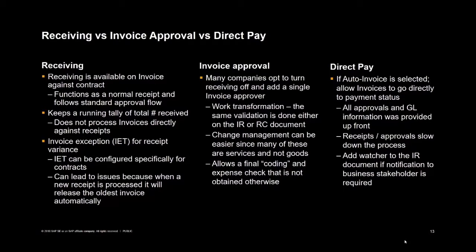It keeps a tally running effectively where it's going to say you've received 100, you've been invoiced for 100, it pays. You receive 20 more, they invoice for 30. It goes, well, you've got invoices for 130, you've only received 120, we're going to hold that invoice. However, when the next shipment comes in and you receive 10 more, it's going to release that invoice and hold the next. And so it can be a little problematic using receiving on these, but it does have invoice exception types tied to this so that it will